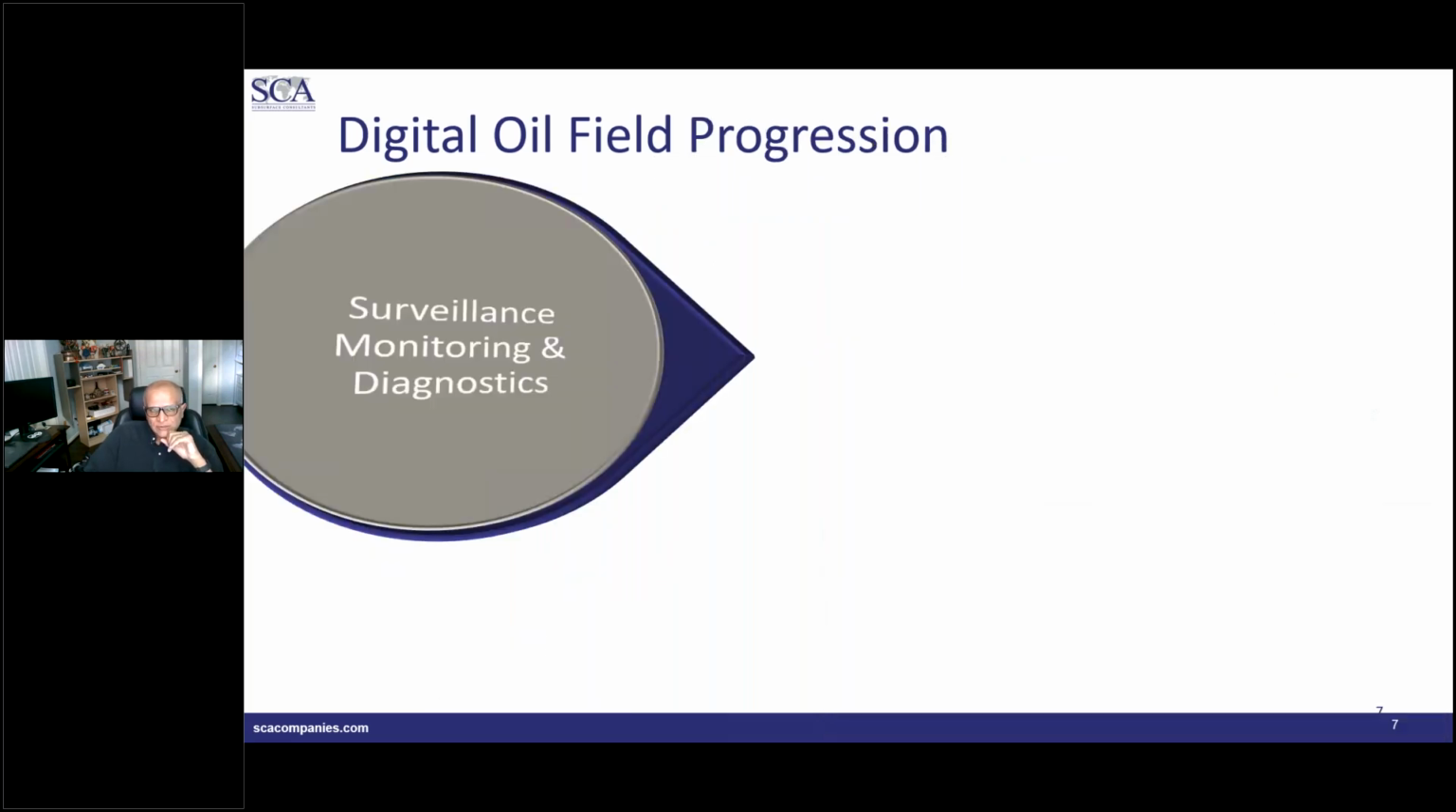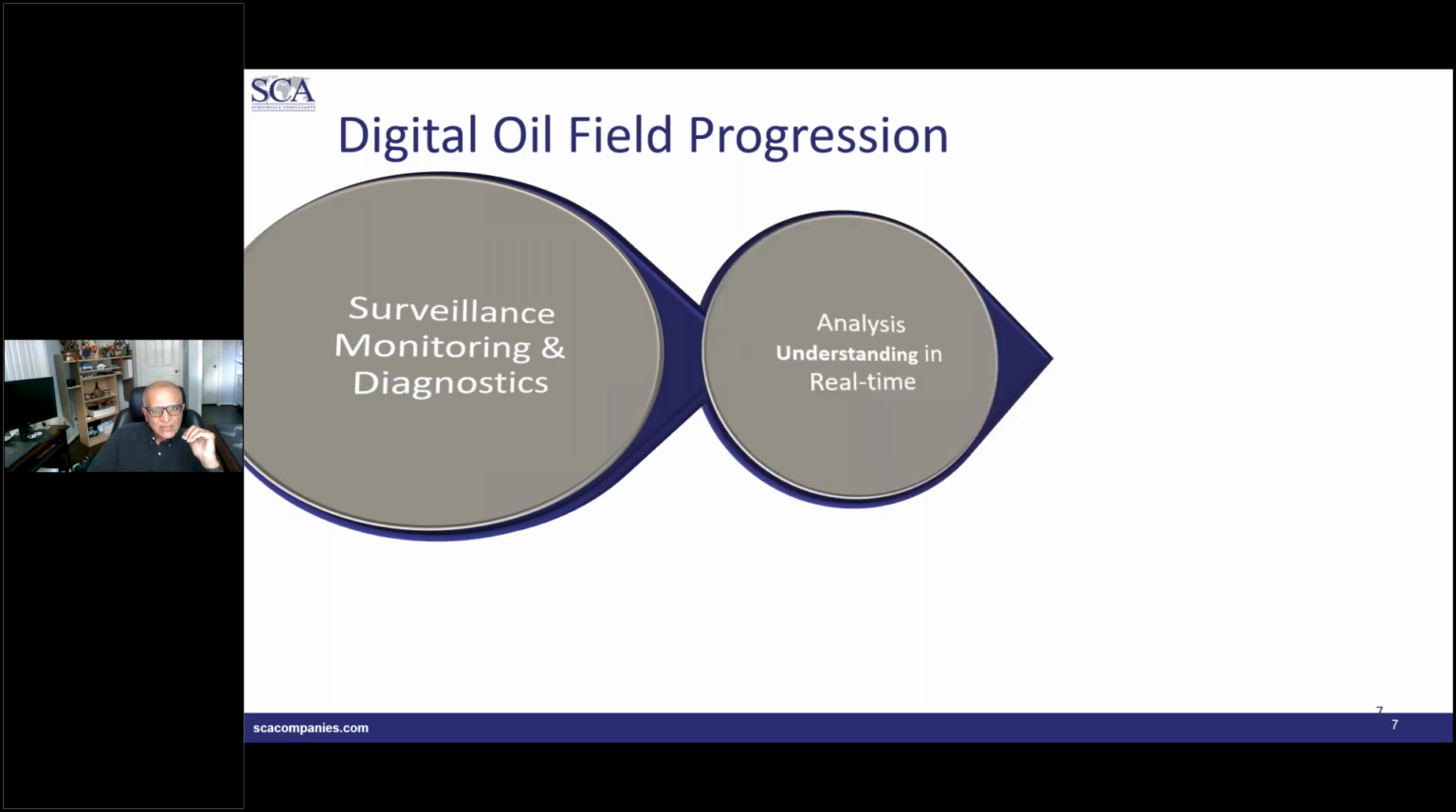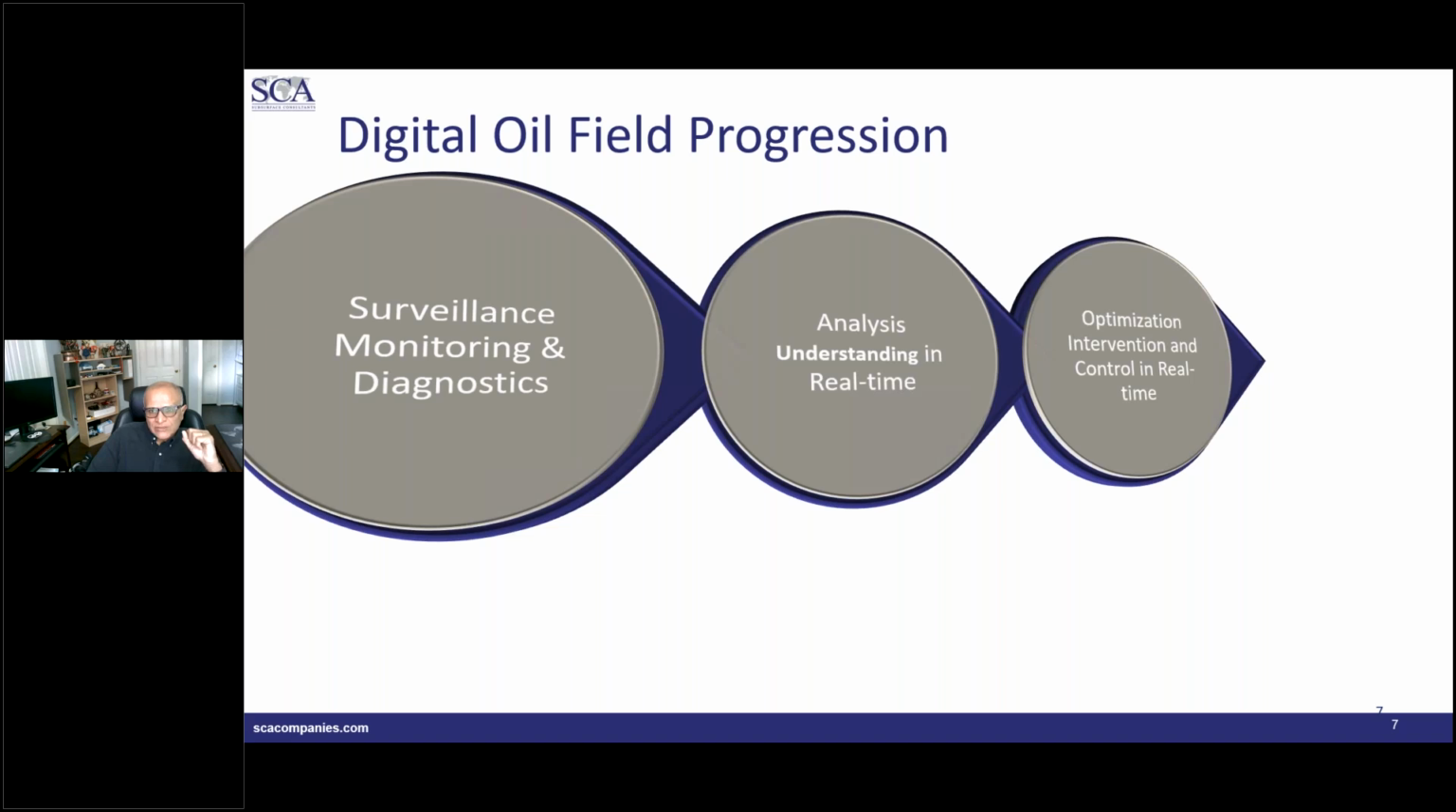Now, how do companies proceed in this digital oil field progression? At a basic level, as I said, you need to have some kind of sensing, surveillance, monitoring, and diagnostics. Then comes the analysis side of it, where you try to understand, hopefully in real time, what is going on. Then you basically perform some sort of optimization, and that hopefully would happen in real time, and finally comes the